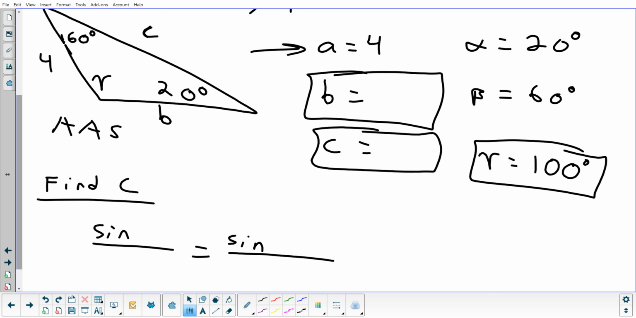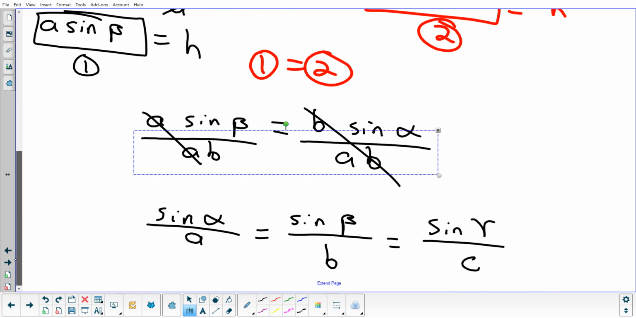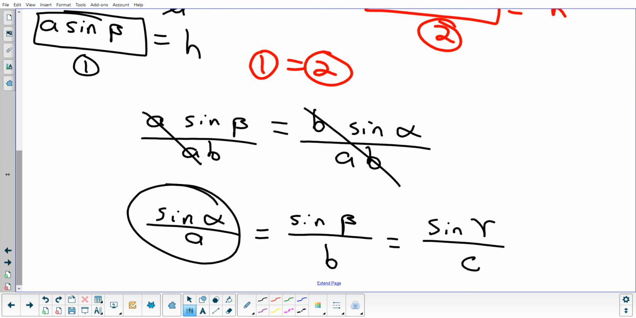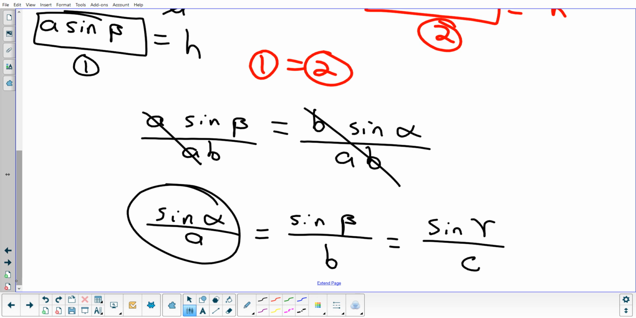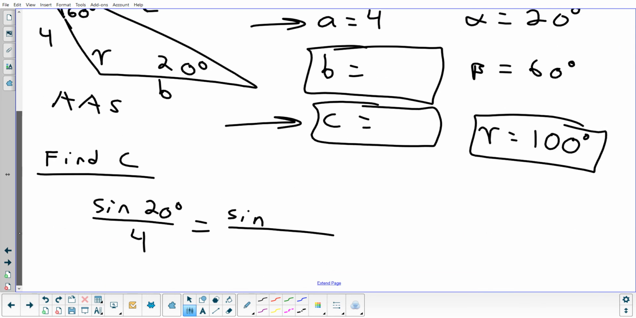Let's go back to the formula and see how we plug that in. So find the part of the formula that has A in it, and we are going to do that first. Sine of alpha divided by A. All right, so sine of 20 divided by 4. And now we're solving for C. So go back to the formula and see what the formula looks like that has C in it. Sine gamma divided by C. Okay, that's going to go on the other side. So sine of 100